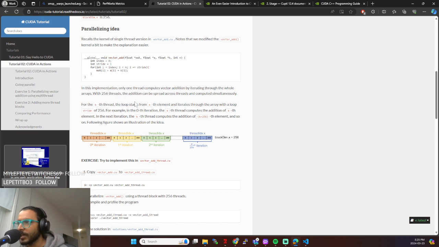For the 5th thread, the loop starts from the 5th element and iterates through the array with a loop stride of 256. In the 0th iteration, the kth thread computes the addition of the kth element. In the next iteration, the kth thread computes the addition of